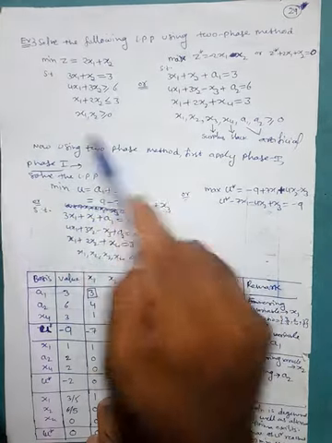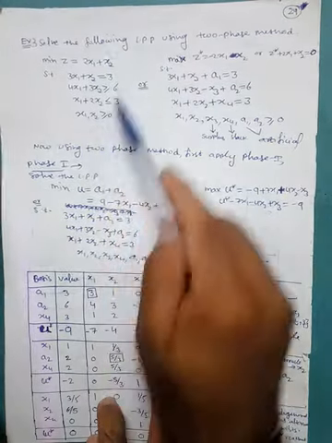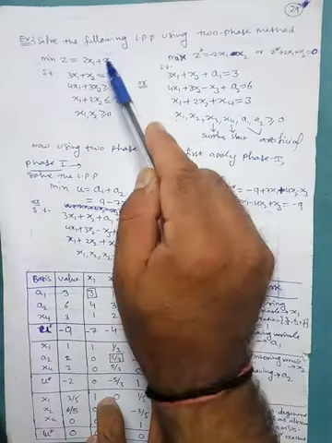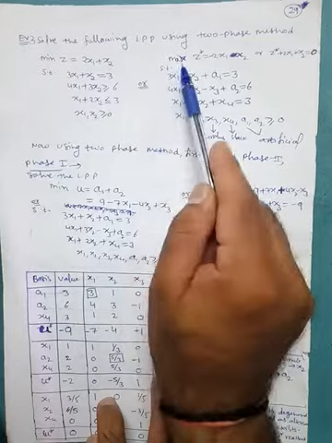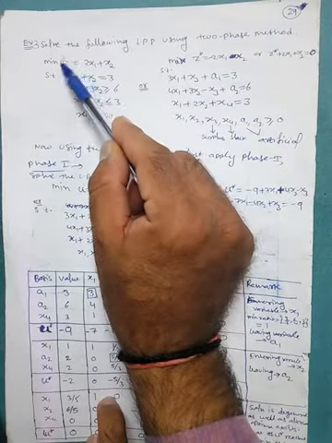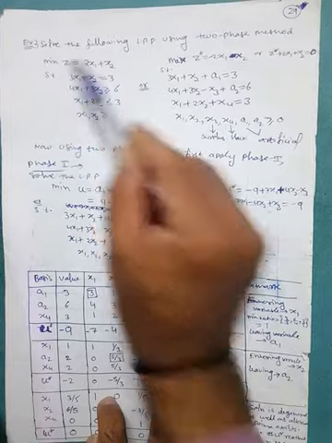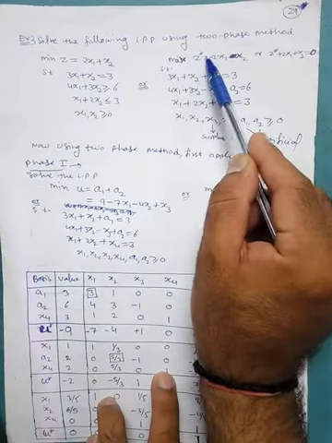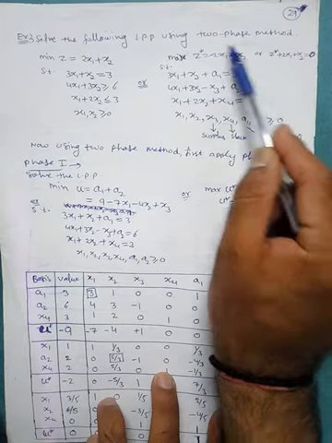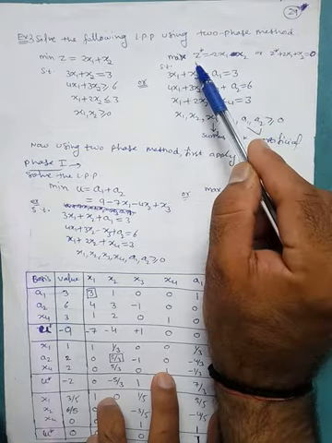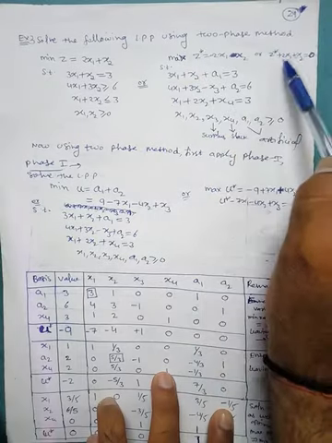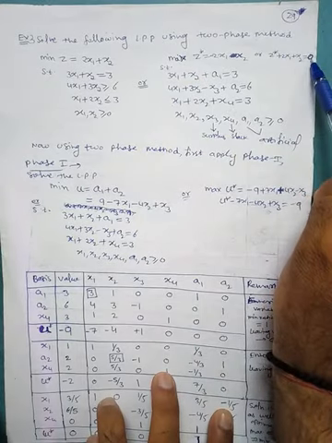So first we will convert the problem into standard form. That means maximum z star is equal to, so first we will convert the minimum into maximum by multiplying by minus sign and denote this new variable as z star. So here is z star, which is equal to minus 2x1 minus x2. Then we will take this right hand side in the left hand side, so we get z star plus 2x1 plus x2 is equals to 0.